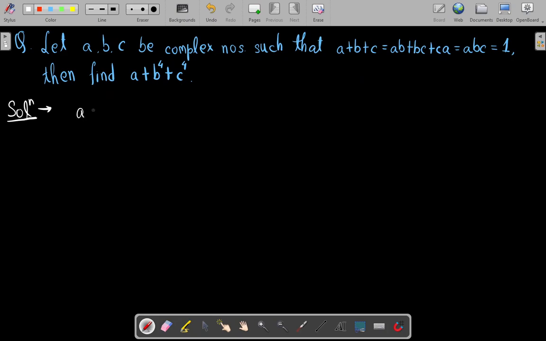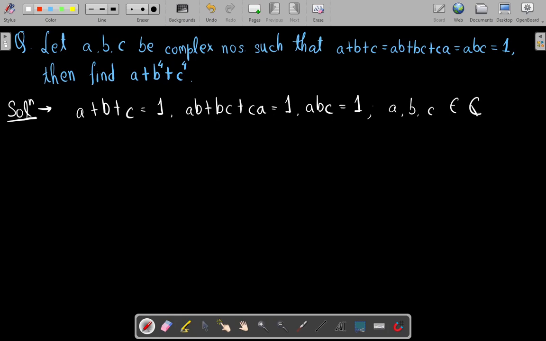Okay, so first of all, three values are given. We are given that a plus b plus c is 1. We are given that ab plus bc plus ca is 1, and we are given that abc is 1. Okay, so these three values are given to us, and it is also given that a, b, c are all complex numbers. So first of all,